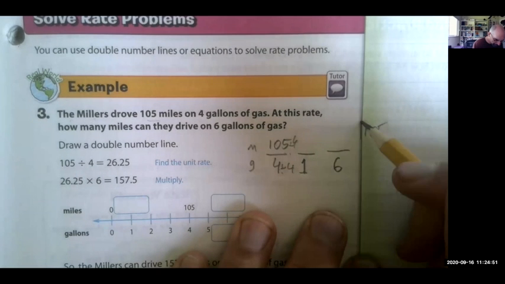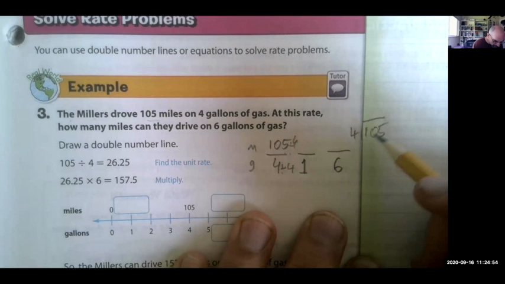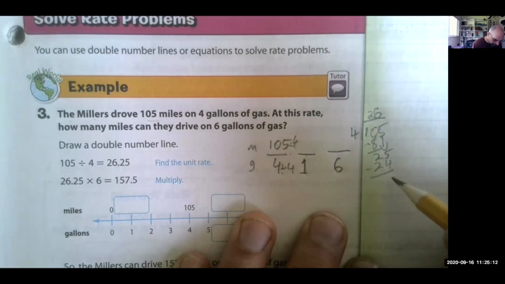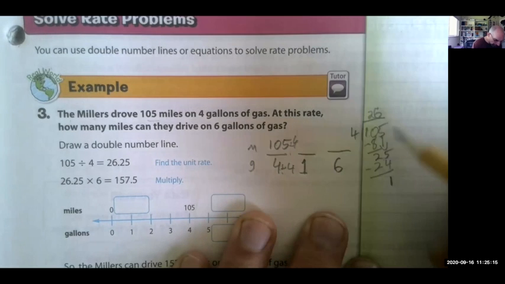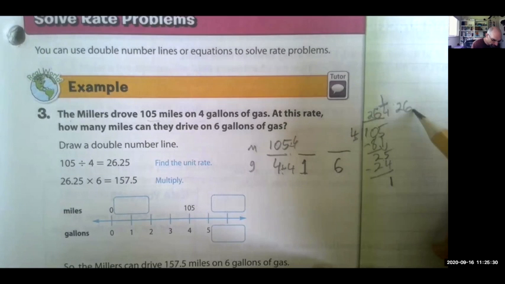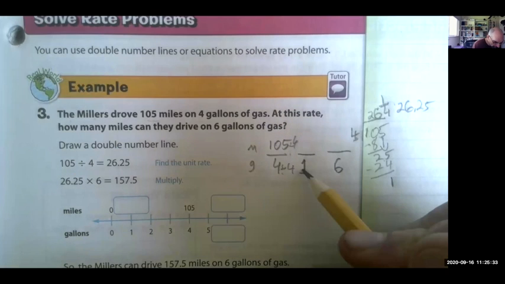105 divided by 4. 4 goes into 10 2 times. 2 times 4 is 8. We have a 2. Bring down the 5. 4 goes into 25 6 times, right? 6 times 4 is 24. Subtract, and there's 1 left over. So remember, if there's 1 left over, that goes up here. So 1, and then this number goes on the bottom. So it's 26 1/4, right? And if you were going to turn that to a decimal, you should hopefully know that 26 1/4 is the same as 26.25. So in 1 gallon, they can go